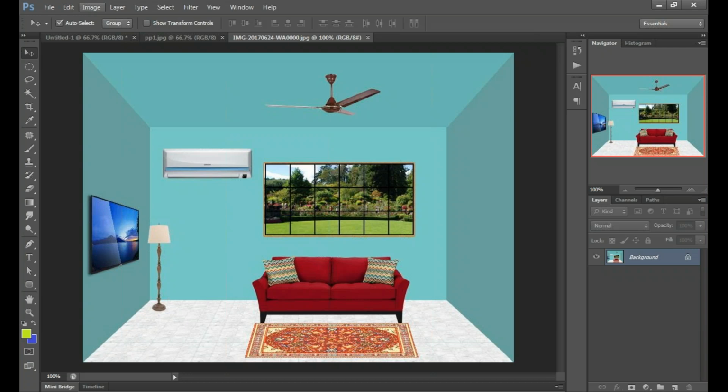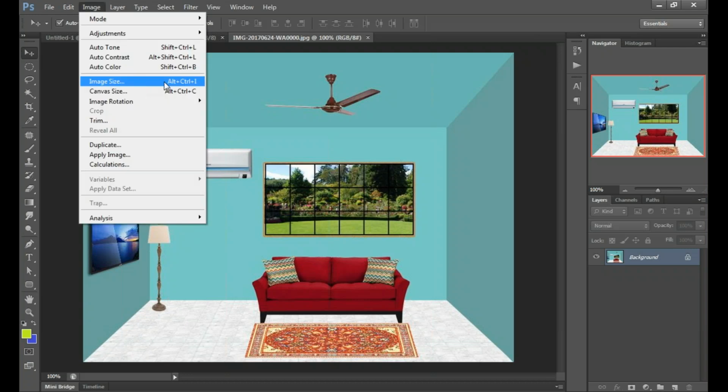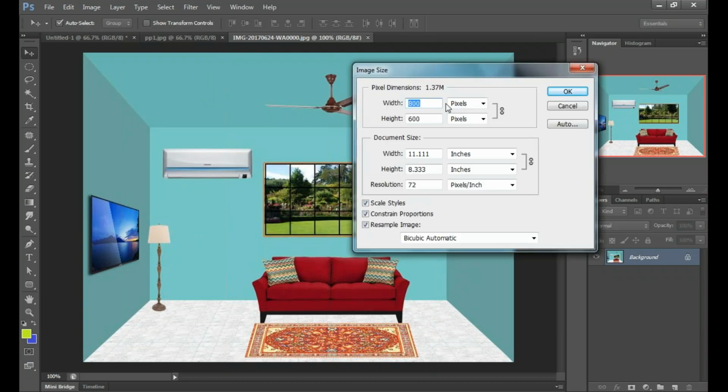Go to image size. You can also learn the shortcut Alt Control I. Okay. Click here. So we can see the size of the document that we have opened from there. Okay, the size of the document is width 800, height 600.